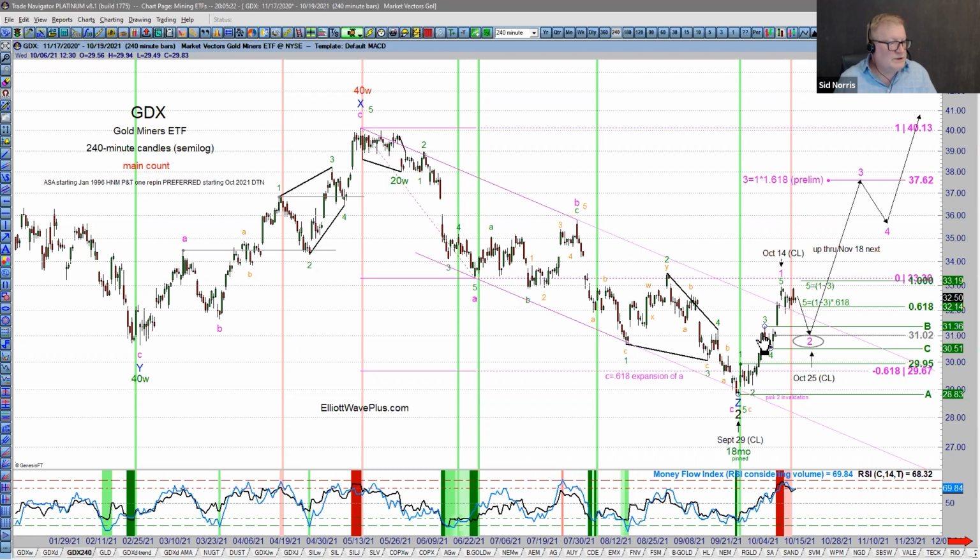1, 2, 3, 4, 5. That's about as clear of a 5-wave impulse as you're ever going to see out of a major low. That indicates, at least based on Elliott wave theory, that we have a new trend direction in the miners, and it is up. And after a 5-wave structure, you usually get some sort of corrective or 3-wave pullback down approximately